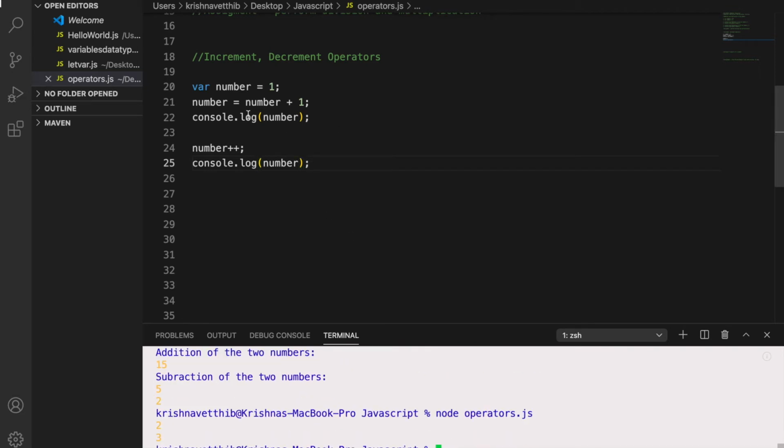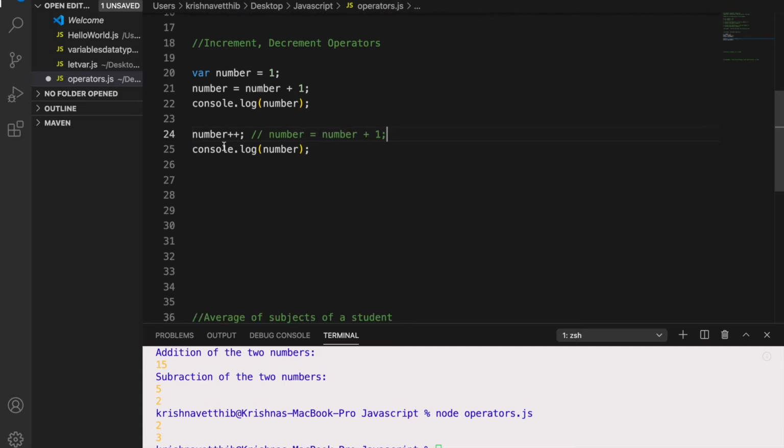Firstly the number is 1. Now it is incrementing by 1, so you will get the output as 2. Number++ is nothing but number equals number plus 1. This way you are incrementing the number by 1. This ++ is called the increment operator. So you can increment the number by 1 using this increment operator also.